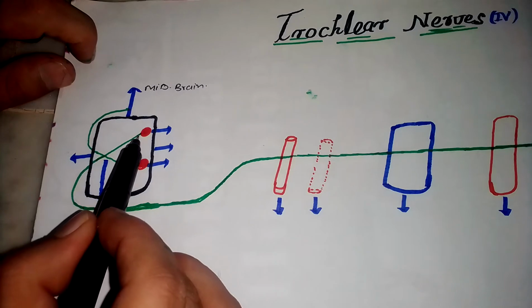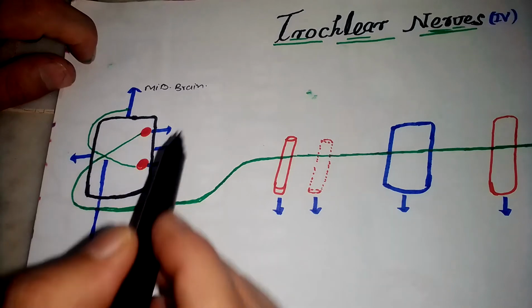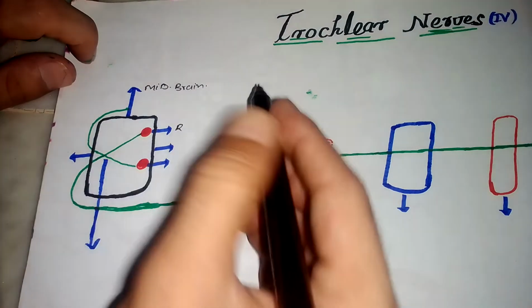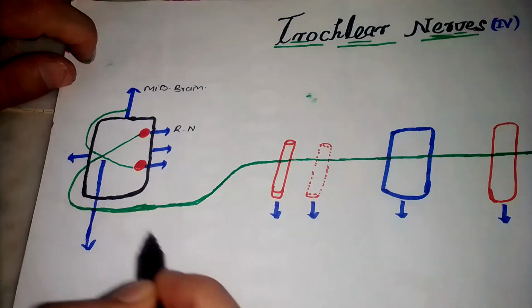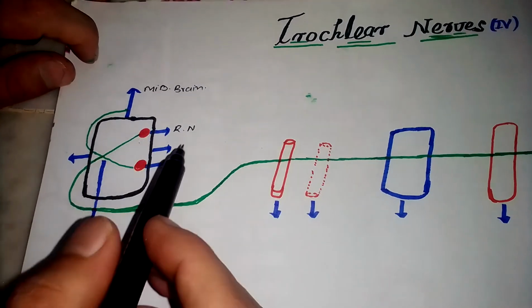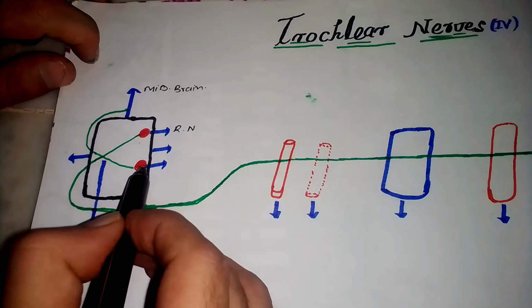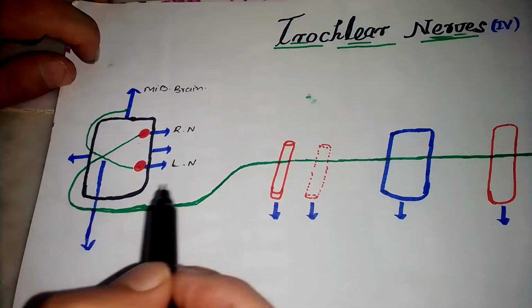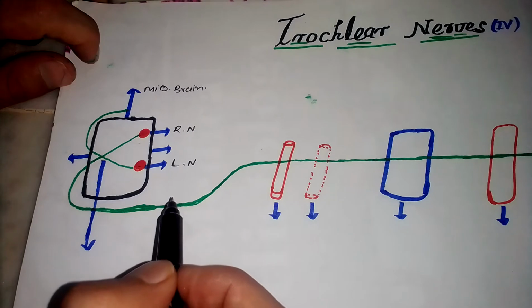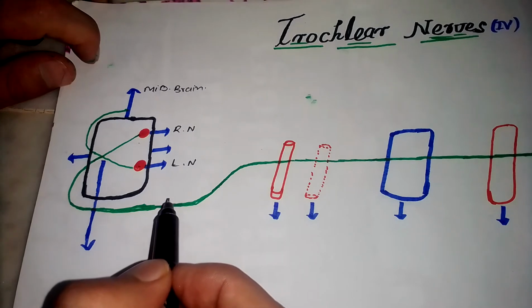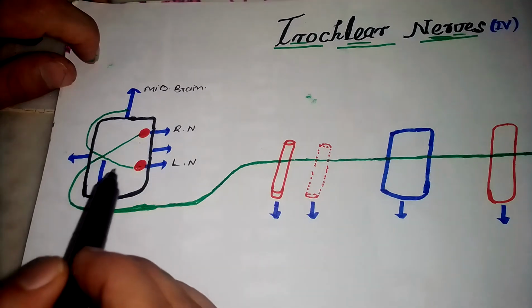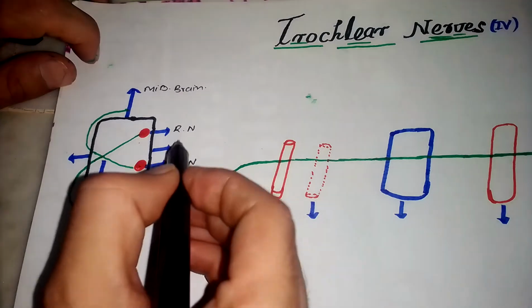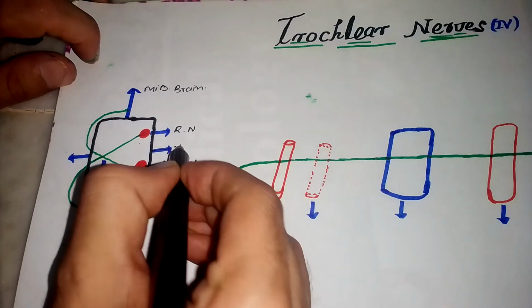This is the nucleus of the trochlear nerve. One is the right nucleus, which is red in color, and this is the left nucleus. Both nuclei are present in the midbrain. So the axons of the trochlear nerves arise from both nuclei, and this is the ventral side